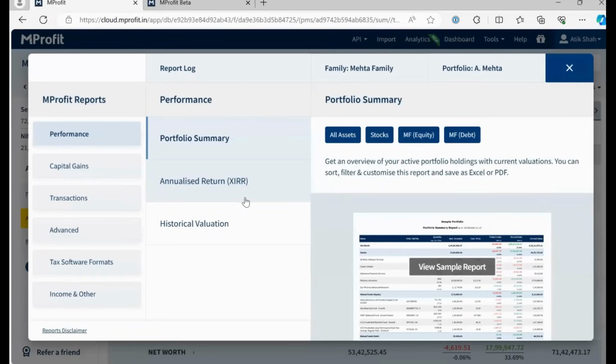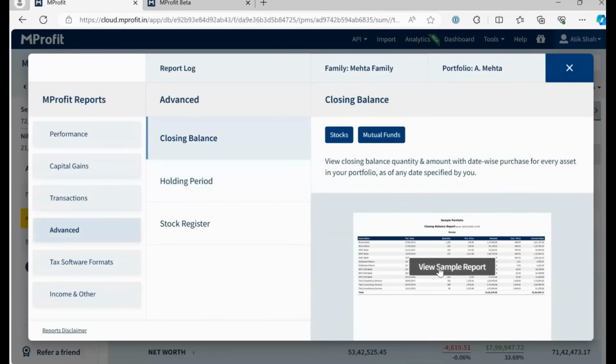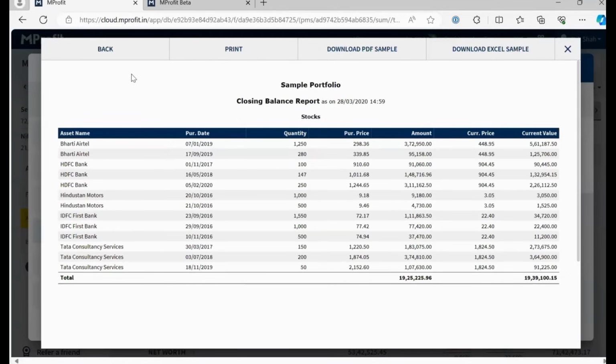So we have various other reports available, such as the closing balances detailed report, which helps you see the closing balances and closing quantities, available under the advanced section. You can go to advanced and then to the closing balances report. You don't get just the as-on-date information, but for each date, if you have a SIP going on, or if you have lump sum investments on different dates, for each of the purchases you have made for mutual funds, you get the information. This is a sample report.